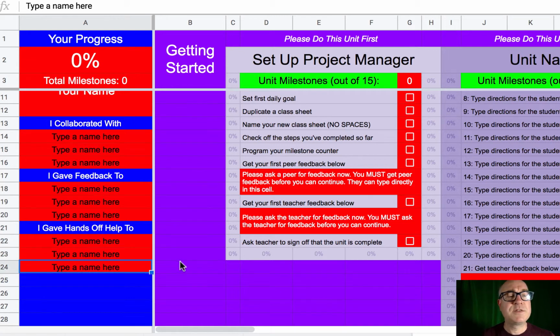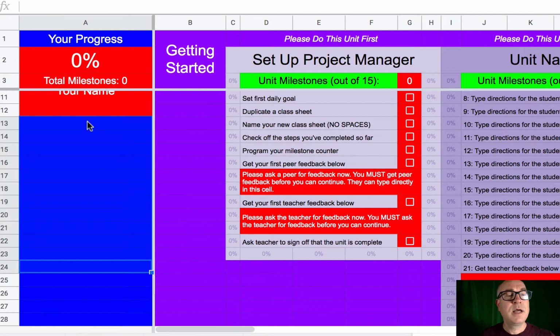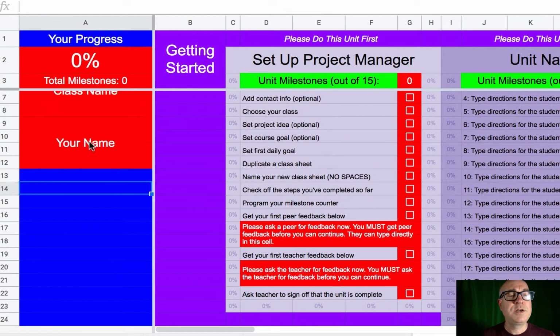If you don't want any of these features in your class, just delete them. The easiest way to delete these things is take a cell that's empty, like this cell right here, and make a copy of it. In my case, I'm going to do Command C because that's the keyboard shortcut for copy. And then I'm just going to click and drag across all the cells that I don't want in my project manager, and then paste. And if you just copy and paste those in there, then your students won't have those